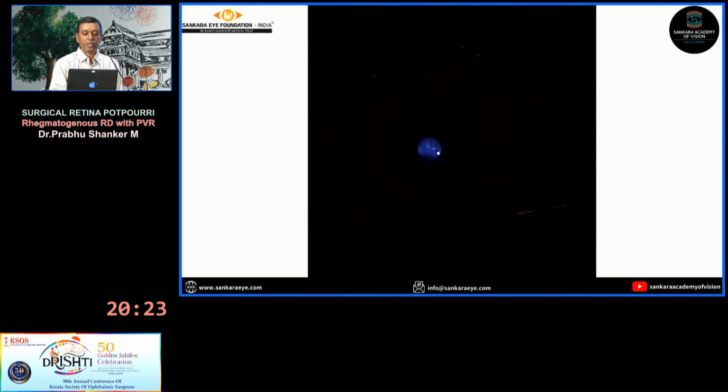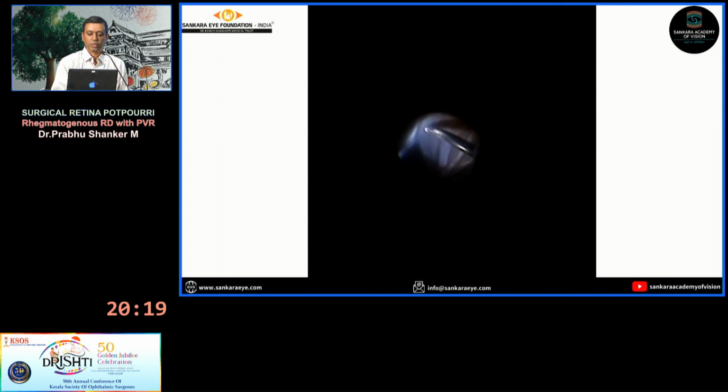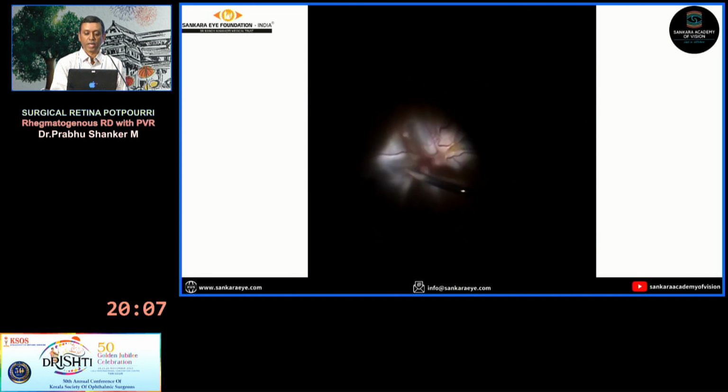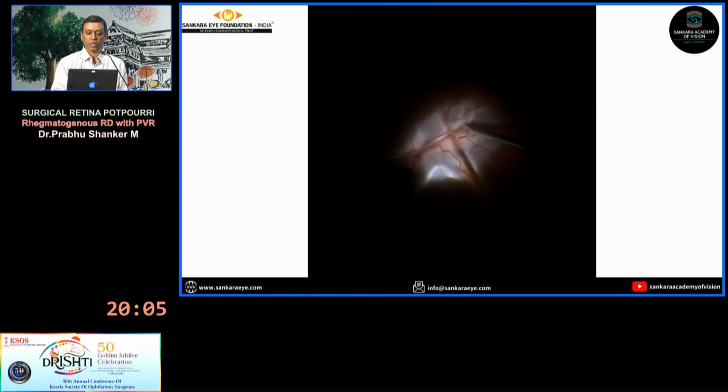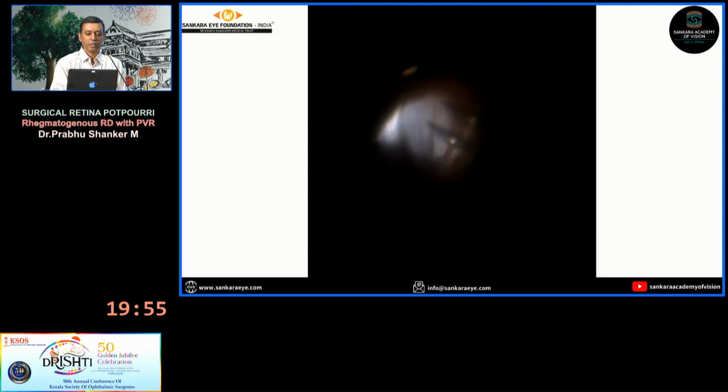The case 3, another case with a closed funnel RD. So here, in a closed funnel, you're not able to visualize the optic disc. You can see it is already crumpled up there, and you can see the macular pigments there. That's how you differentiate where the macula is, the yellow pigmentation. So probably a membrane is right there, over the disc and the macula. Try to grasp that gently and remove that membrane. Once you remove that membrane, the funnel starts opening up,